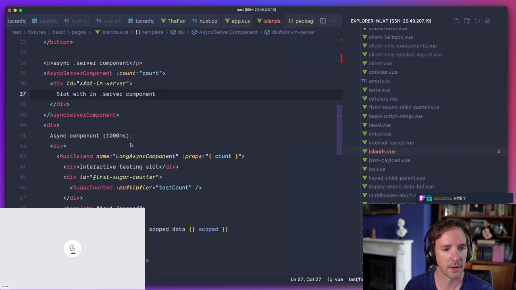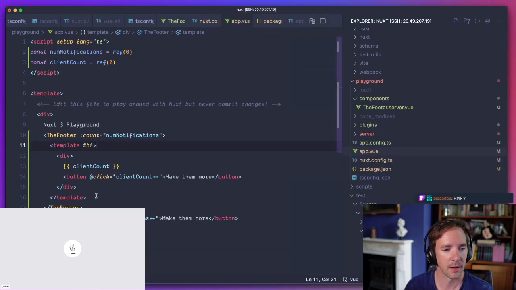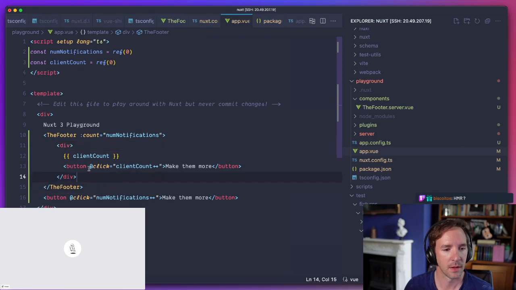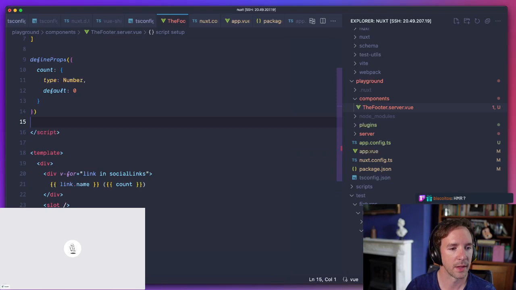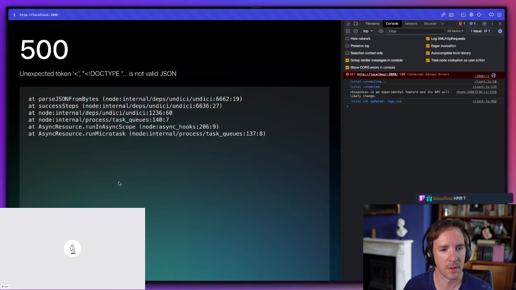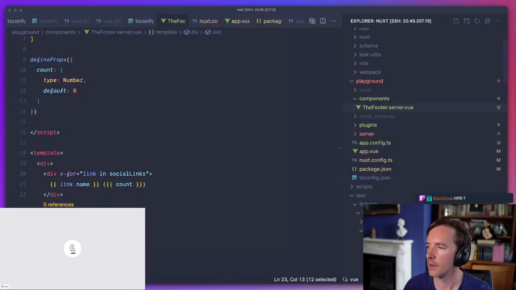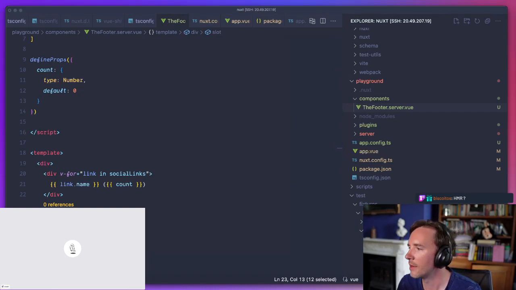Nothing. This suggests that I don't need to define anything, I just need to render the slot, and I don't know why that's not working, which is a pain.